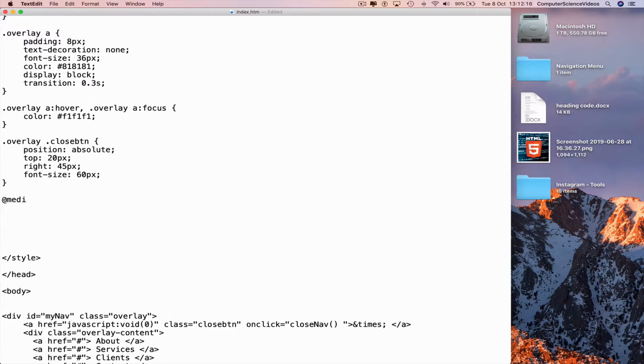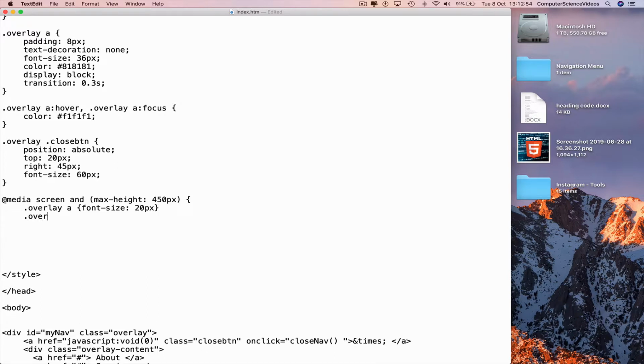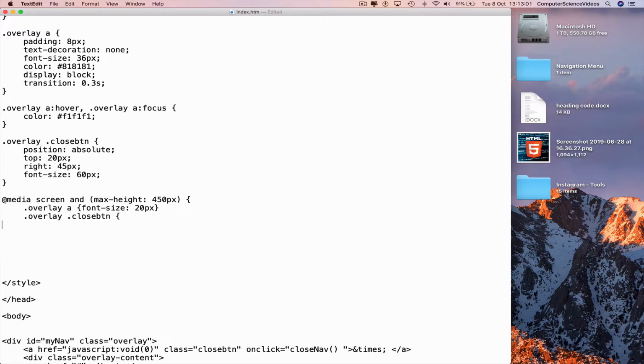at media, screen, and parentheses max dash height, colon 450 pixels, end with another parentheses, space, curly brace, new line, indent, dot overlay, a curly brace, font dash size, colon 20 pixels, curly brace again, go to a new line, dot overlay, dot close button, curly brace, new line,